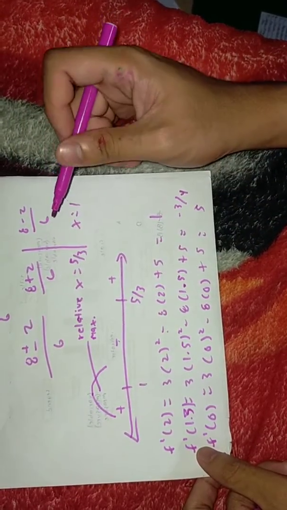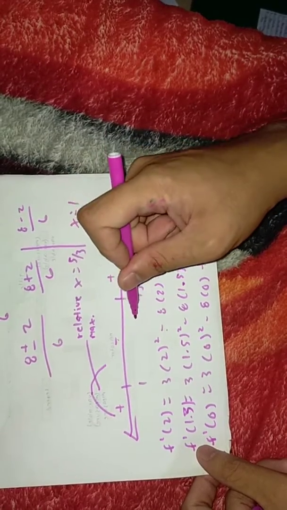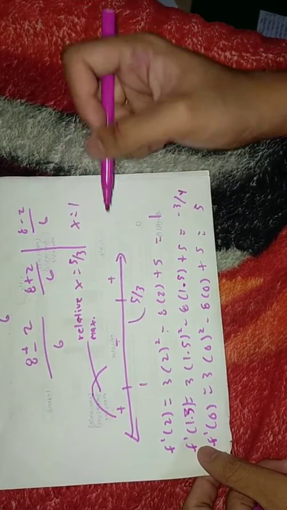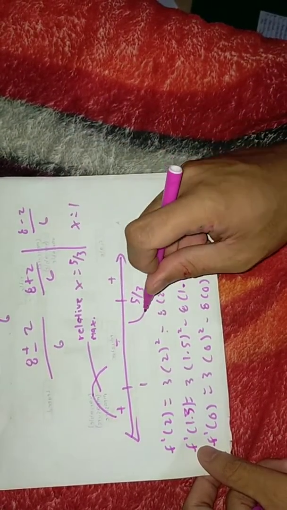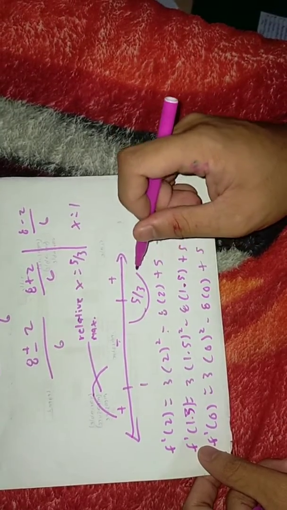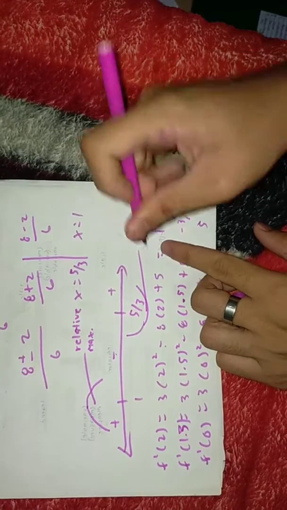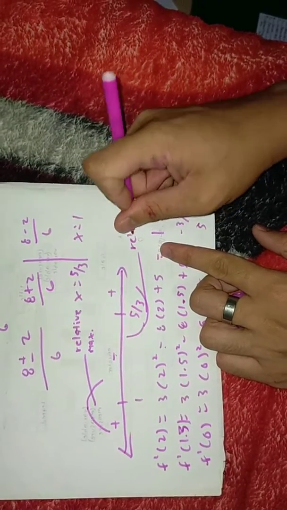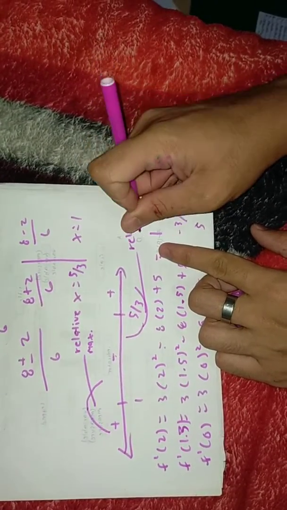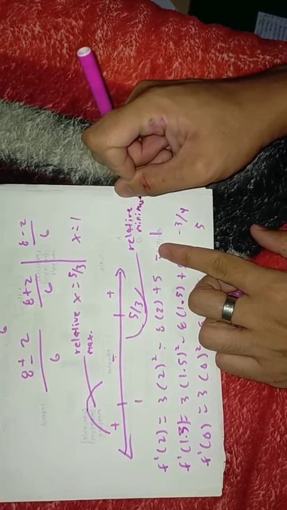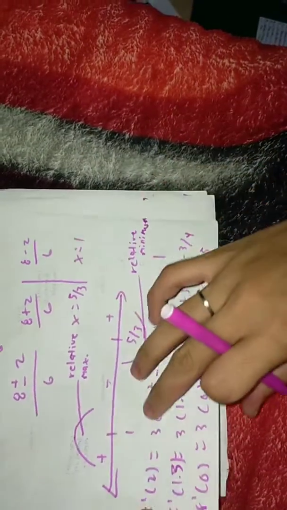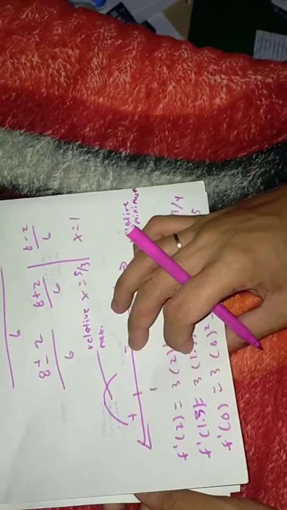When the sign is negative, the slope is decreasing. When the sign is positive, the slope is increasing. Then 5 over 3 is the relative minimum. Then let's proceed to our